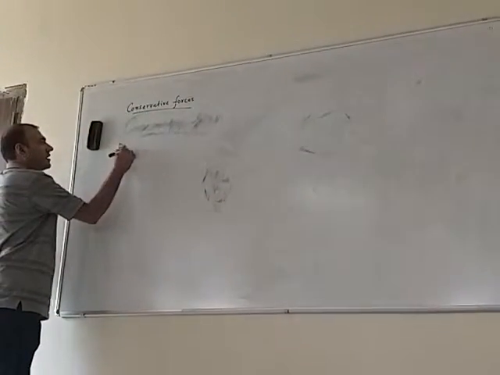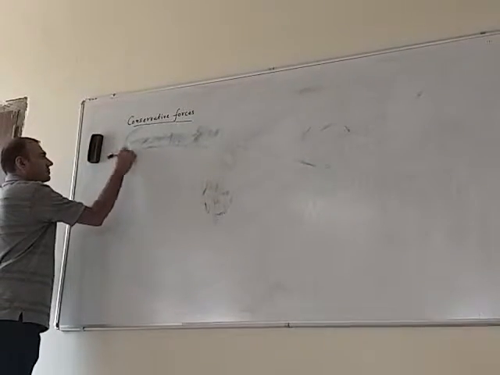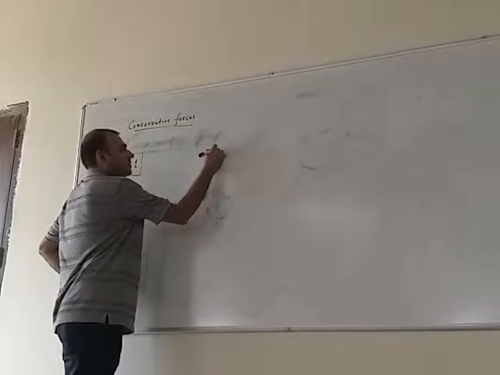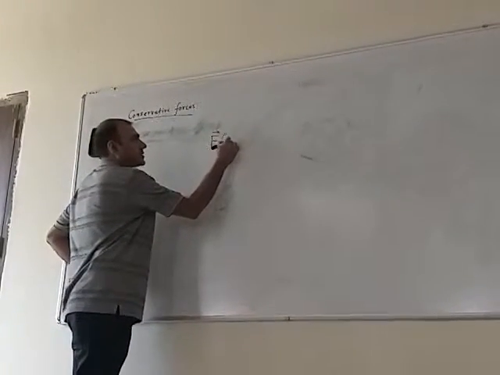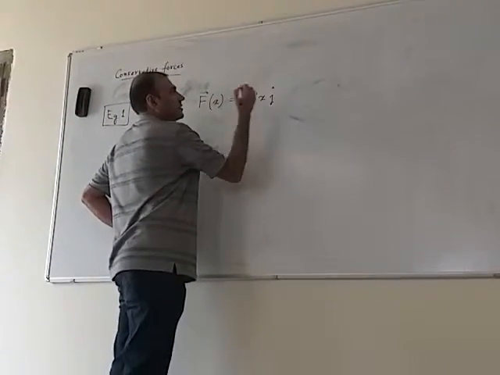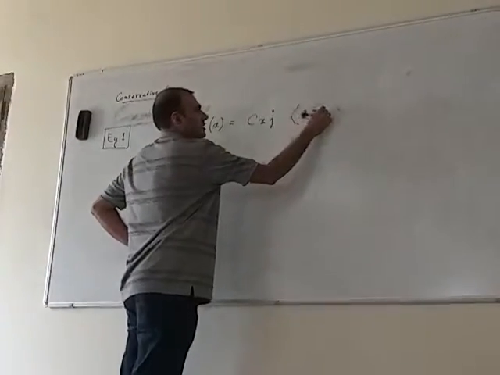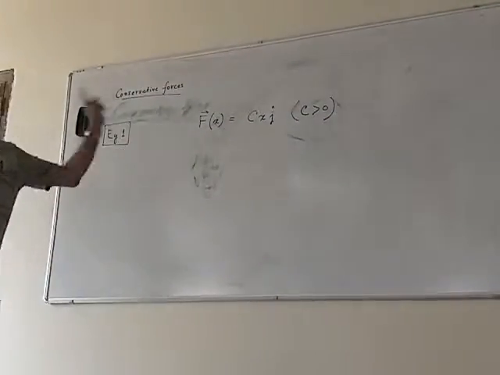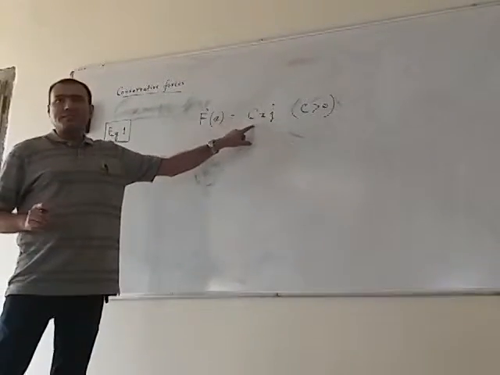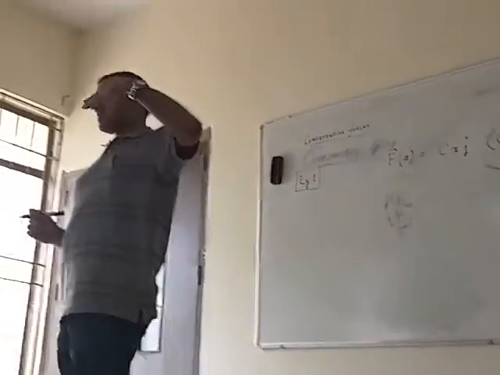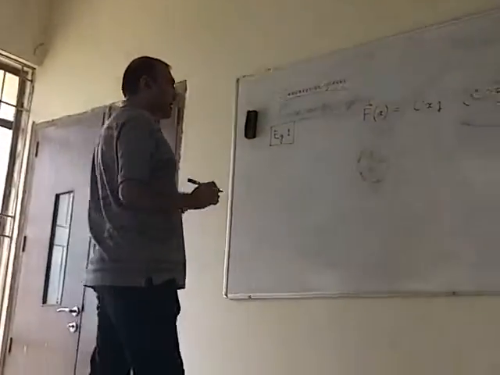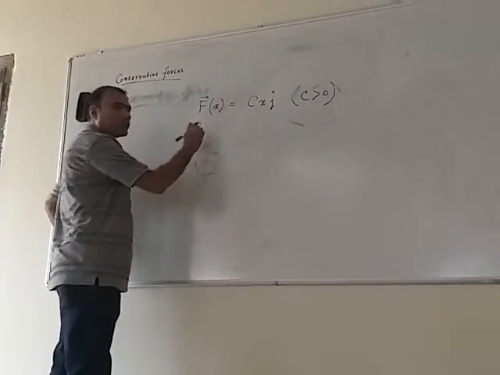This is example 1. So you're given a force which is a function of x. In a very simple manner, it's c times x, where c is a constant and c is greater than 0. And in this force field,